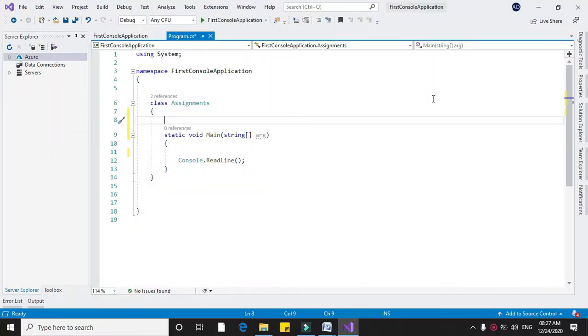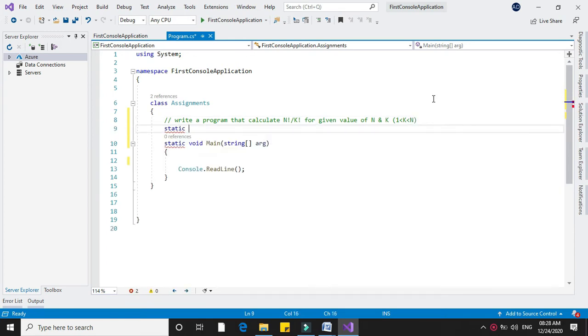Write a program that calculates n factorial divided by k factorial for given values of n and k. So in a comment line we will write that. We will declare a method factorial, and in that we will declare